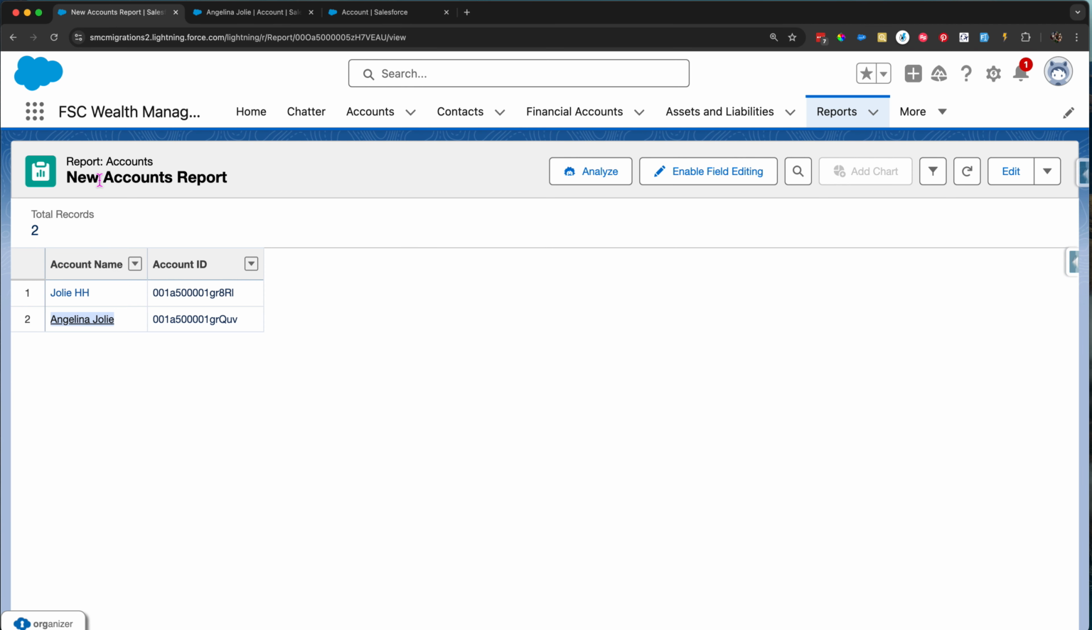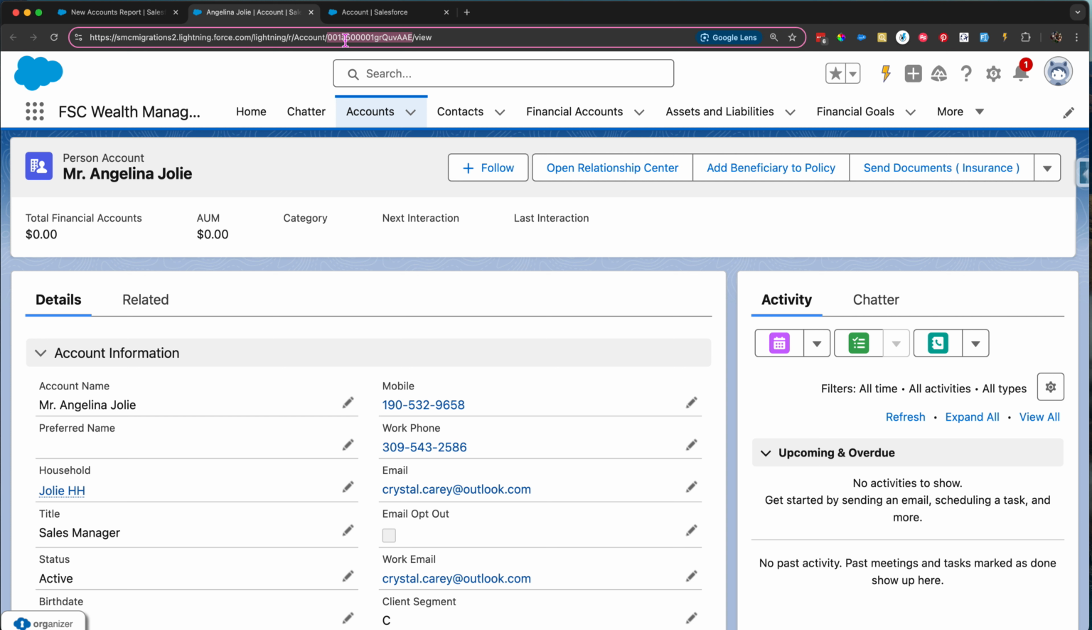Here we can see that in an accounts report, the ID that we're given is the 15-digit ID. However, it'd be really helpful to export these records with the 18-digit ID. Let's go over to this record and notice up here in our address bar, we have the full 18-digit ID. So what we're going to do, in order to grab this and be able to put it into a report